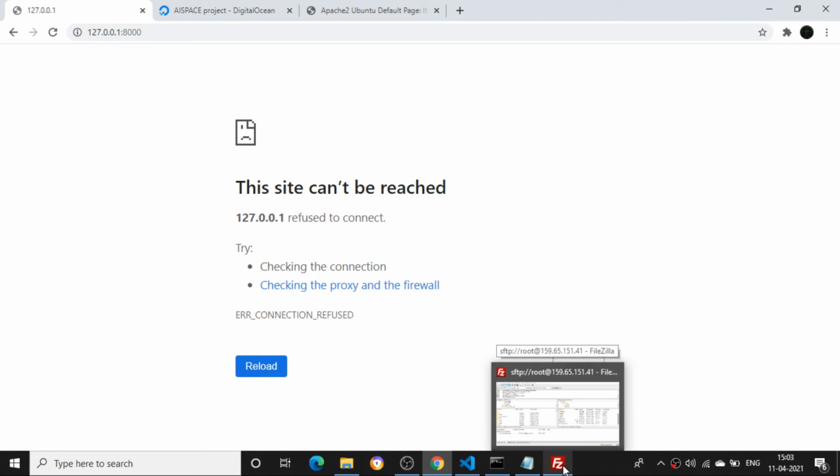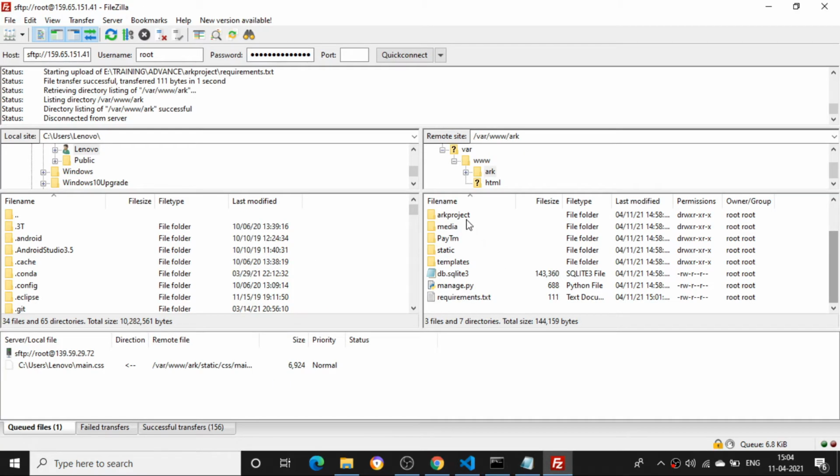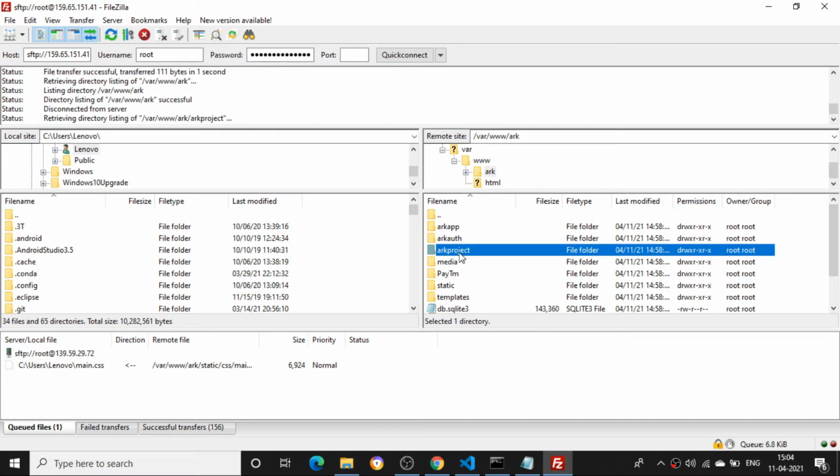So what I need to do here is, after installing all the modules, I need to open the settings.py file. I need to add the path, which is the IP address. So I'll go back here and open the ERK project folder.